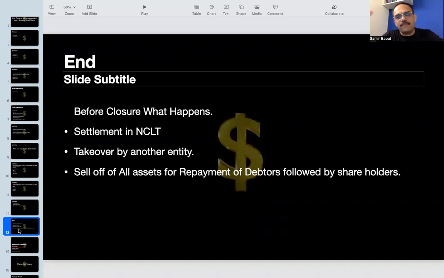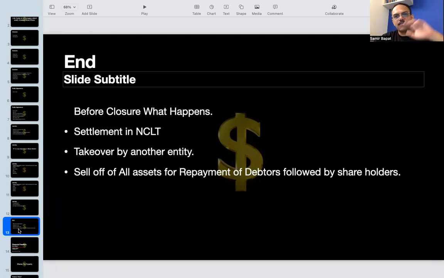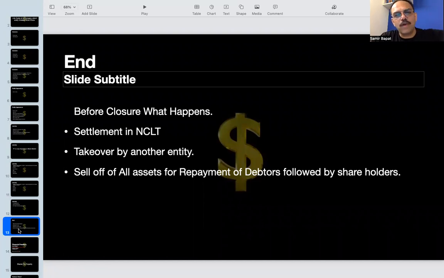So you have to see in the annual report whether any NCLT or other proceedings are going on, because if the company is shut down or sold to a new buyer, then as a shareholder, you will not get any money. The first money will go to the lenders. Then second, it will go to the people who have purchased the debentures. Then if any money is left, that will come to shareholders. So if there is any NCLT case,